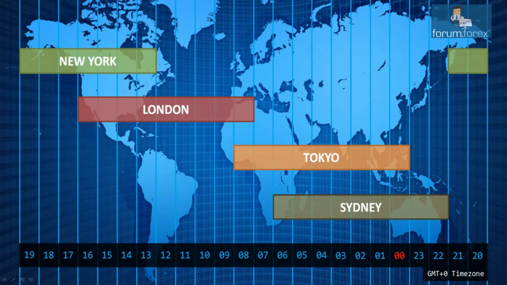Also, you may have already noticed that some of the forex sessions overlap quite significantly. For example, the Australian session and Asian session overlap for the majority of their forex market hours. And the good news is that you can use this knowledge to your advantage. Naturally, when these two sessions overlap, currency pairs like the Australian dollar Japanese yen and the New Zealand dollar Japanese yen will have their highest volatility.